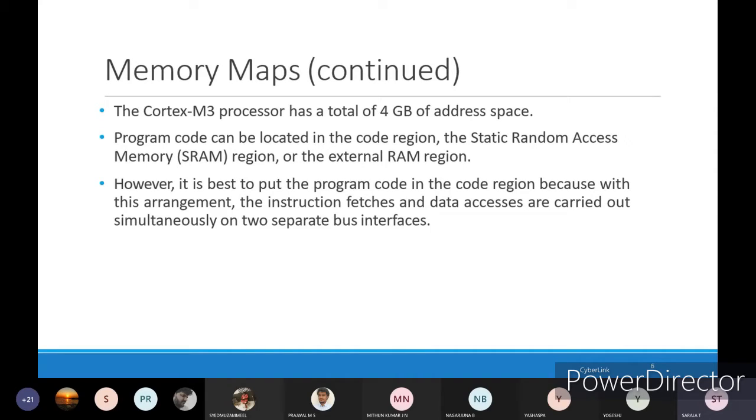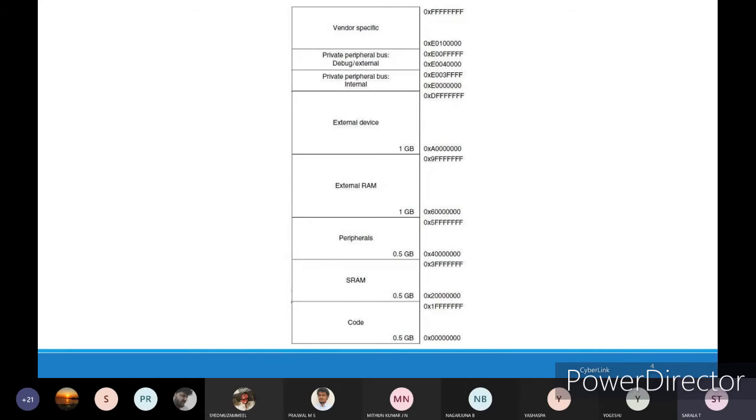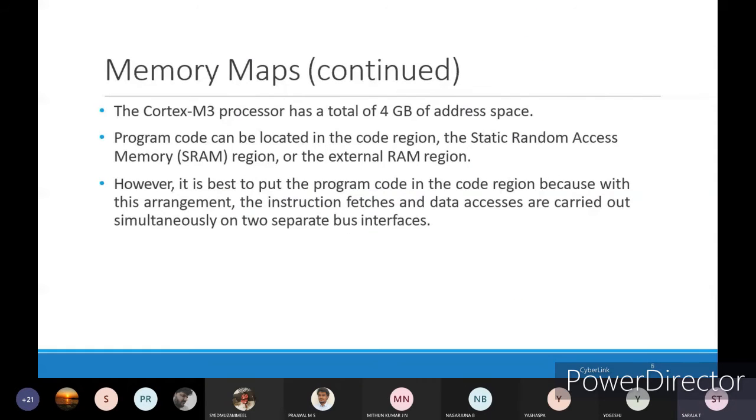Whenever we store the program code inside the code region only, then with the architecture we have seen till now for Cortex M3, the code region has its own separate code bus, and the data region has its own data bus.